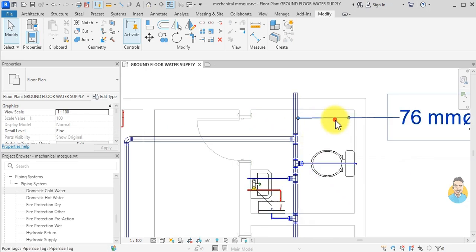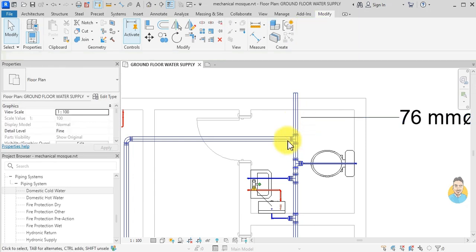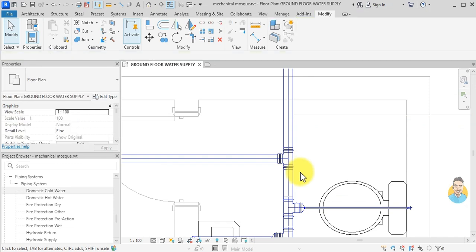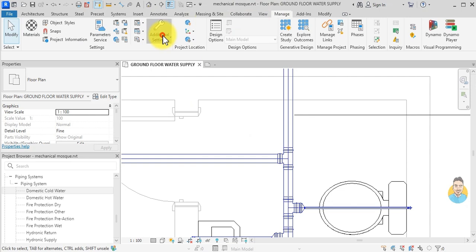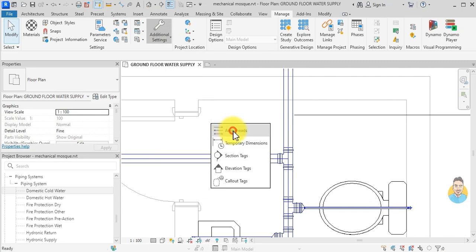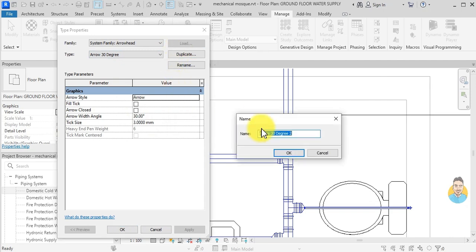Also, I want to change the arrowhead so that it looks like the pipe arrowhead. I will go to manage, additional settings, annotations, arrowhead, and then I'll click duplicate, and then I will call it pipes. I click OK,